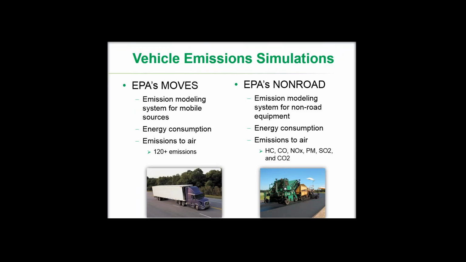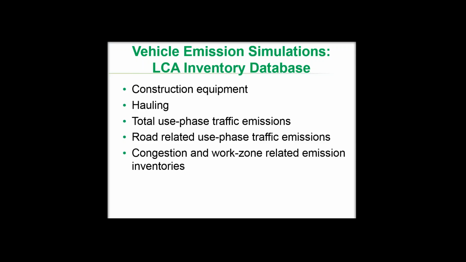Some of the available programs for vehicle emission simulation is EPA's MOVES program, an emission modeling system for mobile sources, and it's recently being used in many different applications of pavement LCAs. It quantifies the energy consumption of different types of vehicles under different conditions, and it has an inventory of 120 plus emissions. Another EPA program, NONROAD, is the emission modeling system specifically for non-road equipment, including construction equipment we use in highway construction projects. Energy consumption and a limited inventory of emissions to air can be obtained from EPA's NONROAD program. And what do we really accomplish with those programs? There are many different advantages of those programs, in addition to construction equipment inventory and predicting the congestion and work zone